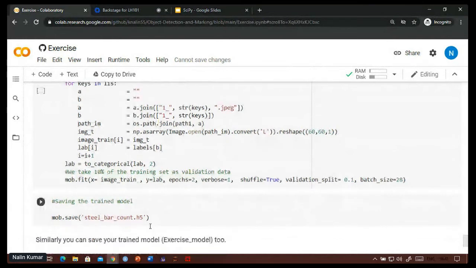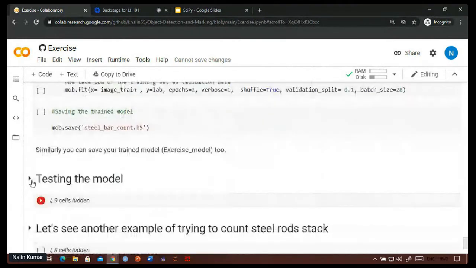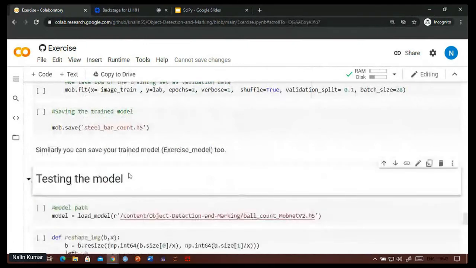So you can save that model. Now let's go to the testing part. You trained on the cropped part of an image, on diameter-cross-diameter size images. You cropped those and then trained the model on that, so it can predict only on that. So when you give a complete image,